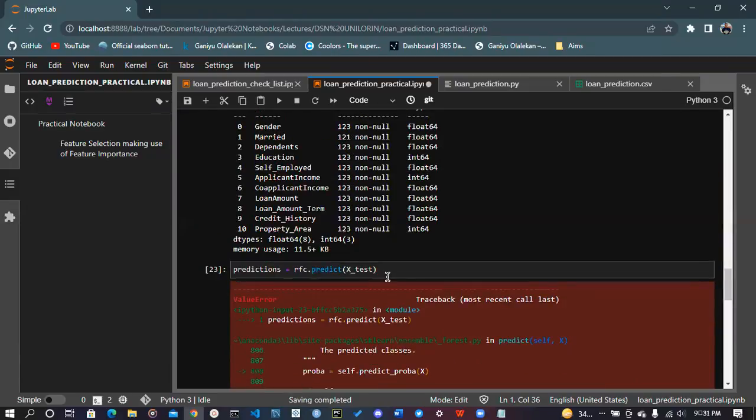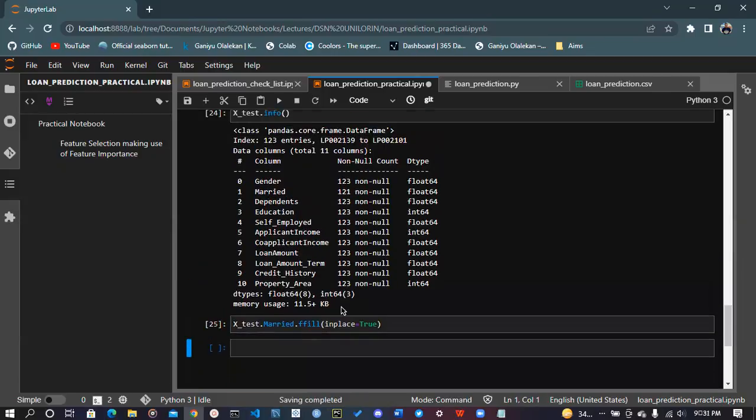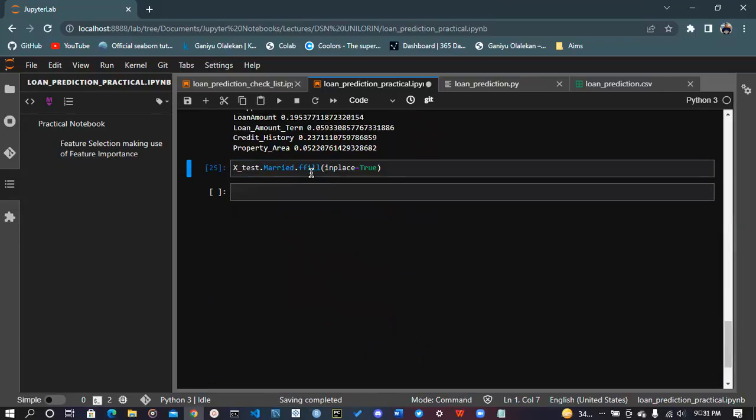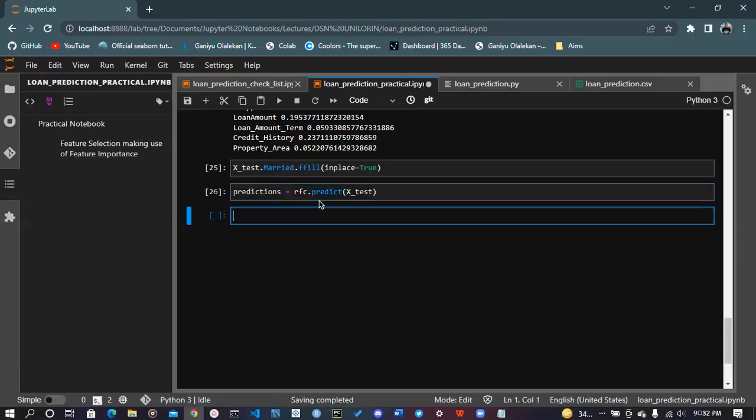We'll apply that fix here. So just say Ctrl. So that's it. We say predictions equals that's the RFC, the name of the model that predicts. Let's predict. And what are we predicting? Now that's the X test. Now the predictions. Now that we've made the predictions, we want to